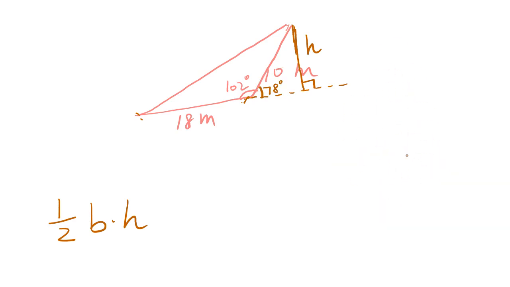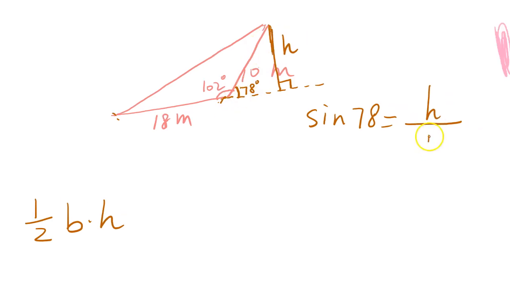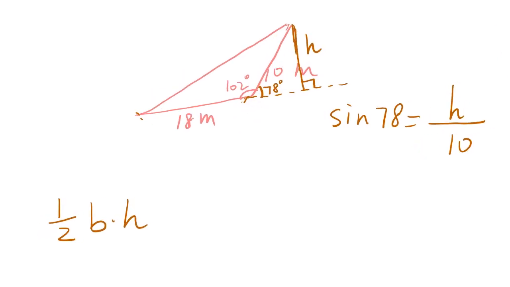Now we would use the trig ratio that we've learned. We would do sine of 78 equals opposite over hypotenuse, which is also given, and it's 10. And then we would do h equals 10 times sine 78. Now all I have to do